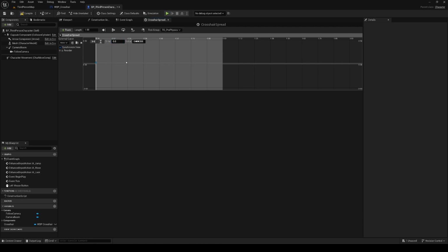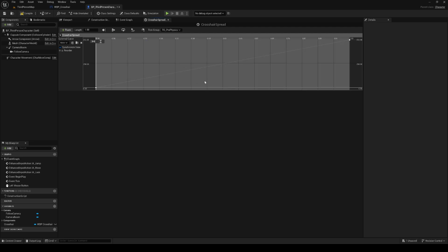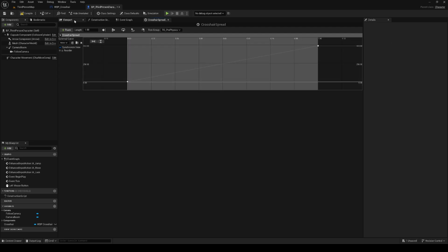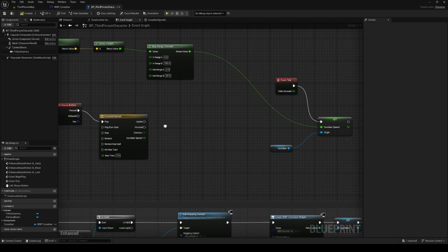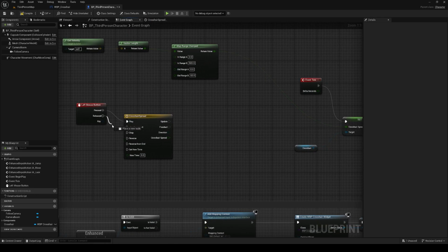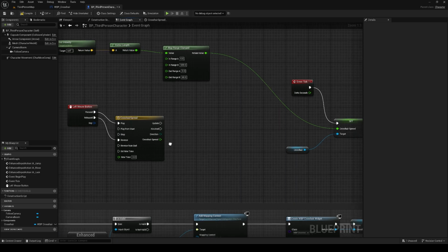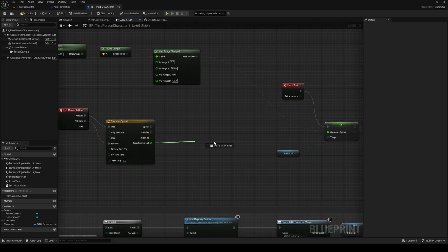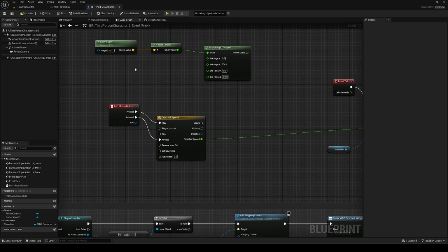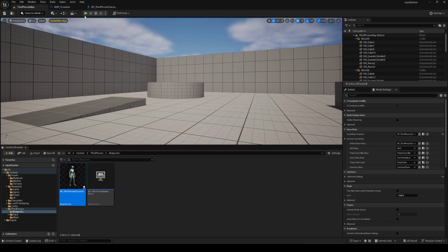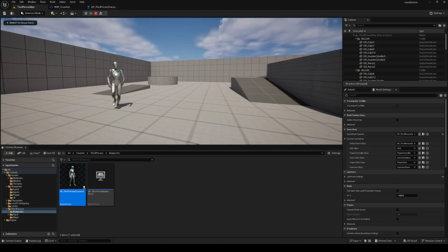At position 0, the value should be 0, and in position 1, the value should be 500. This is our graph, and we go to event graph because we can use the reverse option also, but we can do whatever we want. It's not necessary, but yeah, if we play it,